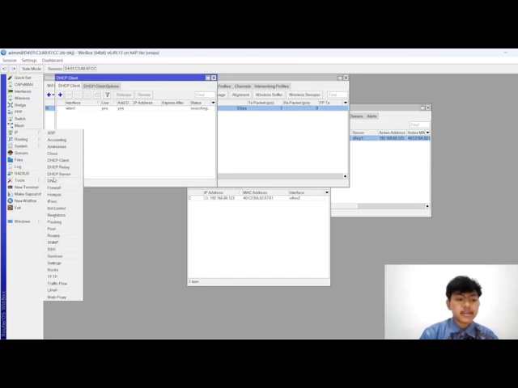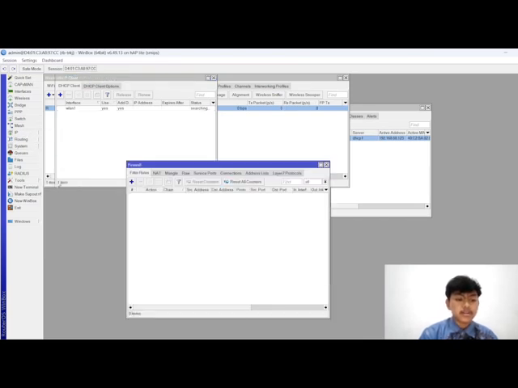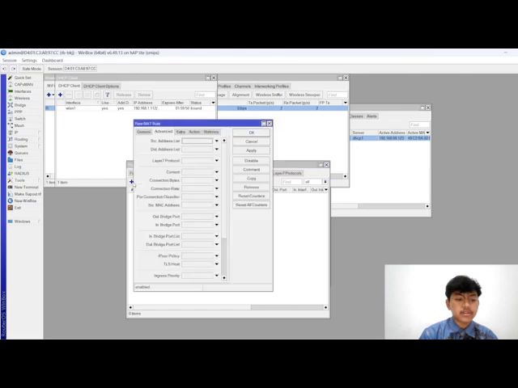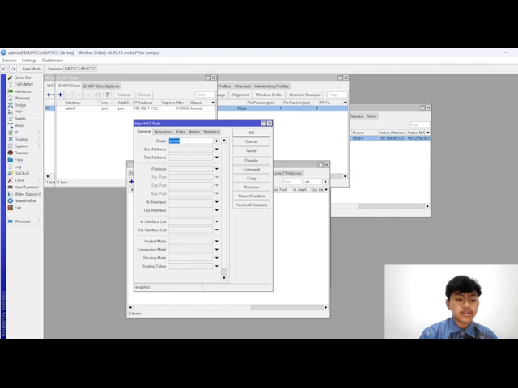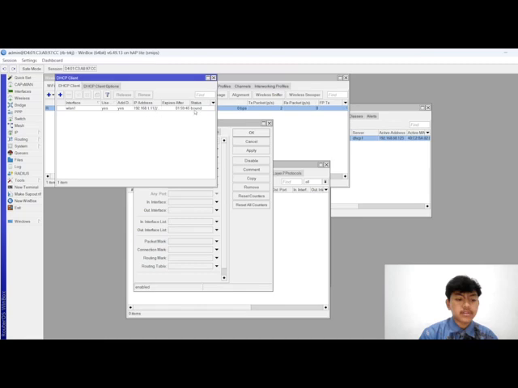Then we go to the firewall, click NAT, and add the chain srcnat. The DHCP client is bound.